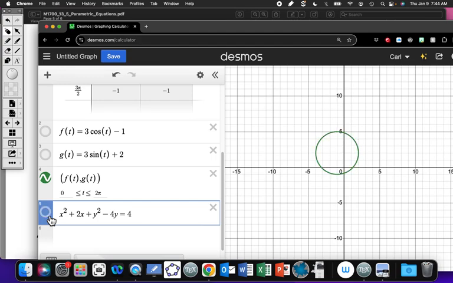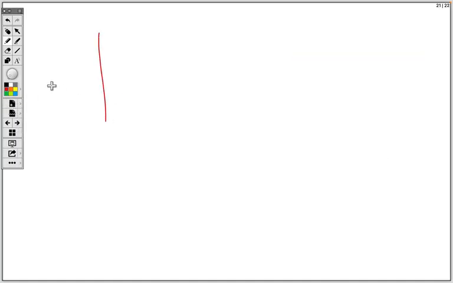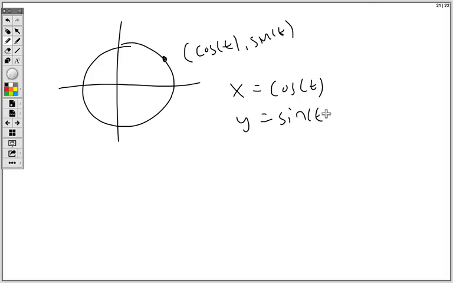Now, this actually goes back. So you know, we've come full circle, pun intended, because if you think about it, when we define the sine and cosine of real numbers on the unit circle, how did we do it? We defined x as cosine of t and y equals sine of t. So the very definition of sine and cosine on the unit circle is a parameterization of the unit circle. All right, so